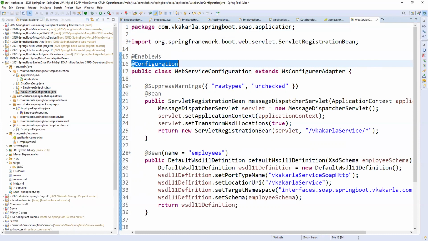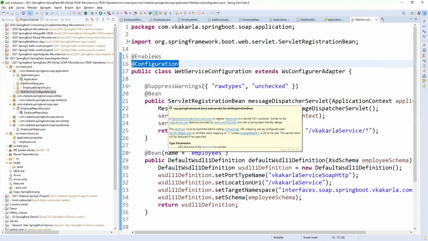So we can use component also, but here component in the sense Spring component. Web service configuration is also Spring related annotation. But we are doing some configuration related information, right? So whenever we are doing configuration related things, better to give the configuration instead of component.